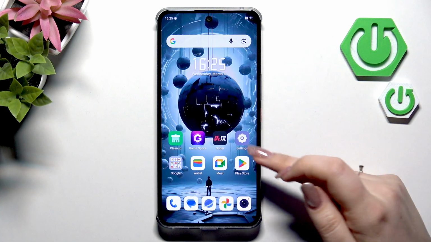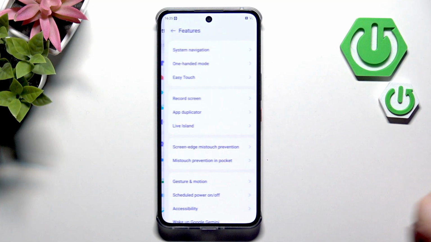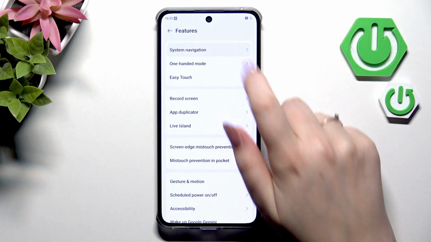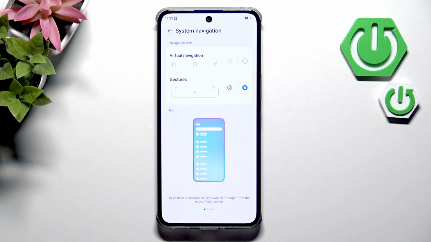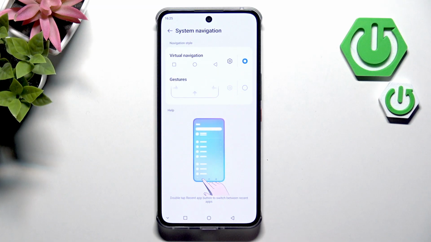So let's begin with opening the settings, and here we have to scroll and find features. Then let's tap on System Navigation at the top, and as you can see here we've got our two options. So if you've got the gestures, you'd like to set the 3-button navigation, simply tap on this first option and